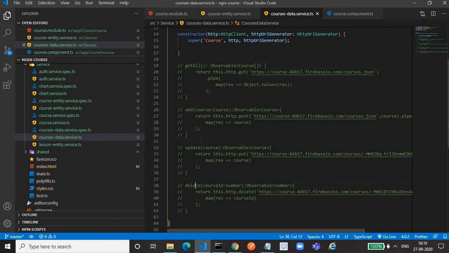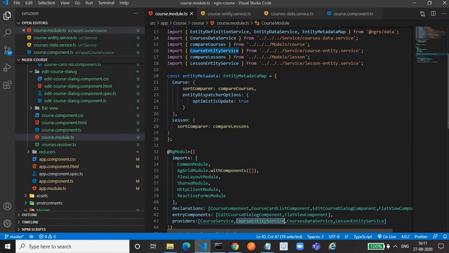These methods are available with NGRX data, and these methods are used for calling the database API as well as updating the store. And if the API URL is different from the URL that NGRX data is expecting, then you have to override these methods using the data service. And this data service we are registering here. If you need to use that, then we have to register that.